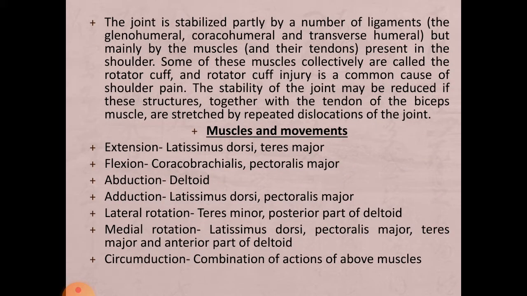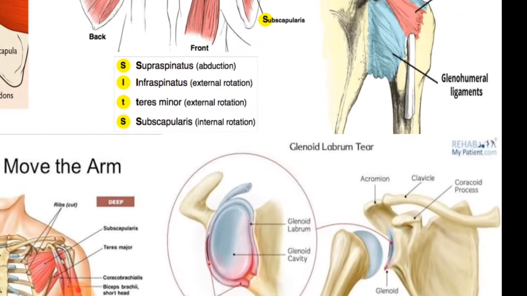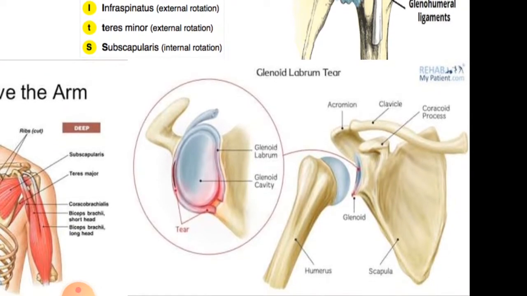So before discussing it, let's look at the structures and the type of the shoulder joint. The first thing that should come to your mind is what type the shoulder joint is. It's the ball and socket type,